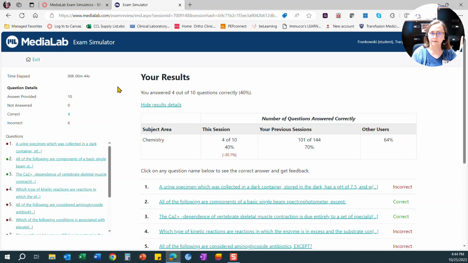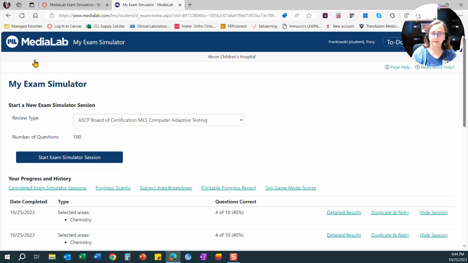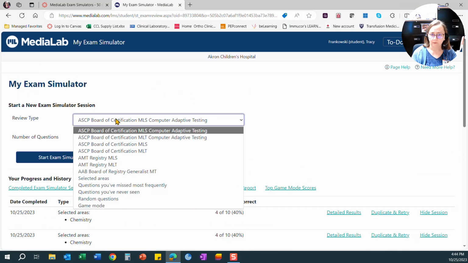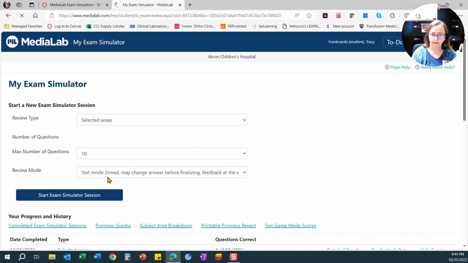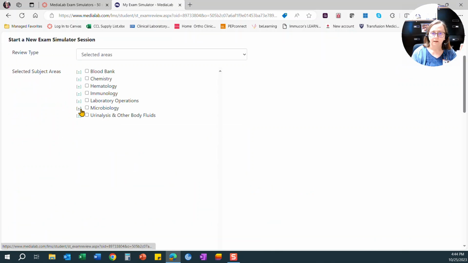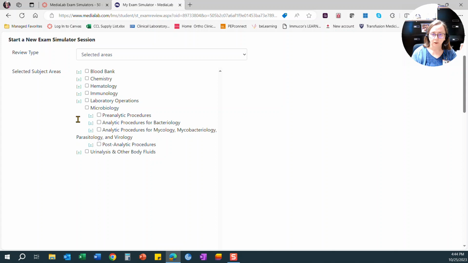Let's go back and see that. So I'm going to exit here, and let's say we're going to do another one. So we'll go to selected areas. Under microbiology is where you're going to find the section that has some virology in it. So if you pop this open, then you've got a virology section here. So this is what we want you to do as your virology week